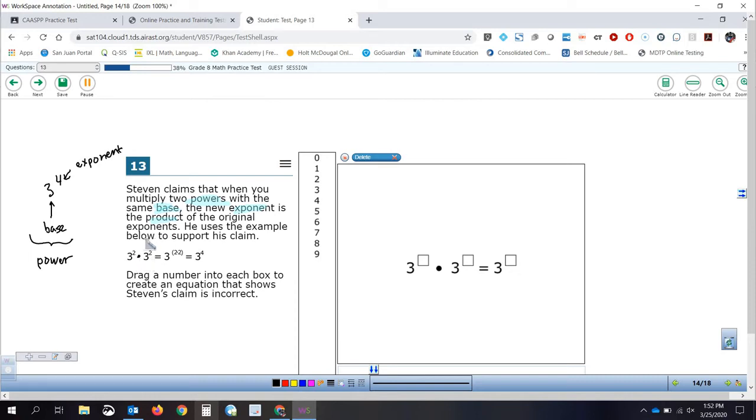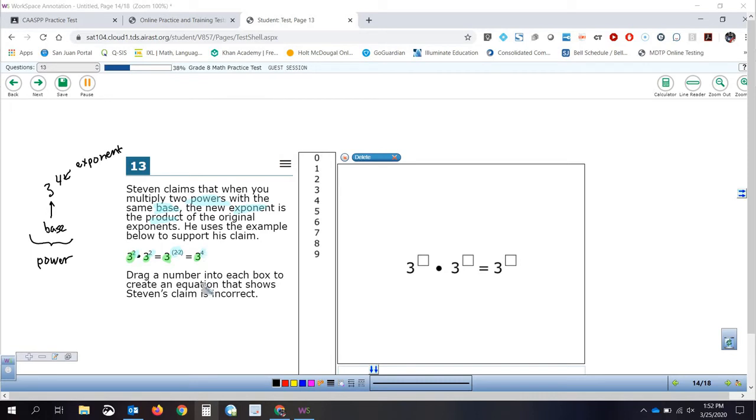And what Stephen is claiming is when these bases are the same, which they are, you add the exponents. Now, he claims actually not that you add, but that you multiply. And he says 3 to the second times 3 to the second is 3 to the 2 times 2, or 3 to the 4th. Seems to make sense, and it's an unfortunate example because this actually is the correct answer